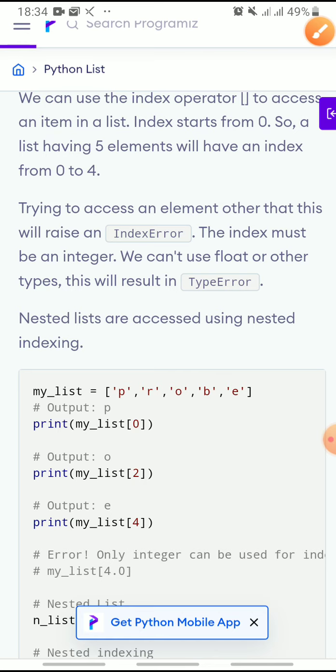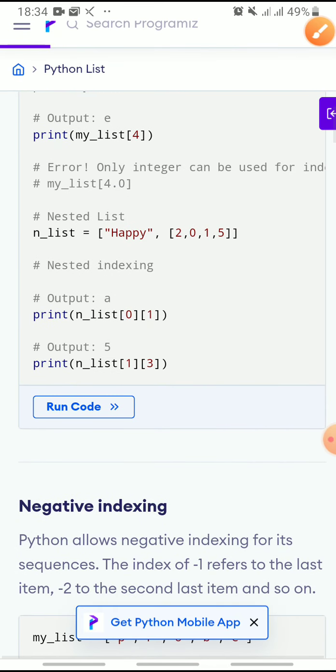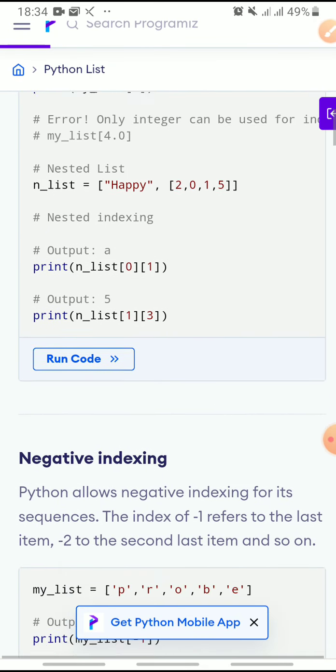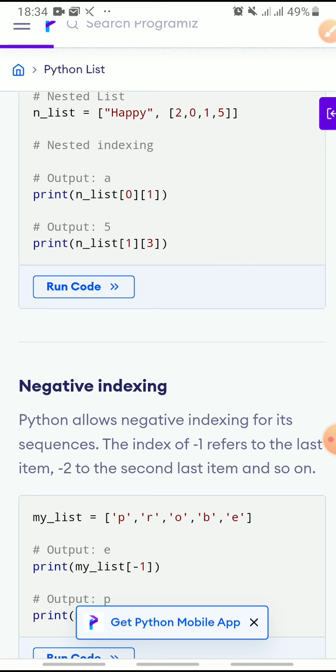Next, negative indexing. As we know, a list is an ordered sequence, whereas a string is also a sequence of characters. Similar to a string, which has negative indexing and positive indexing, a list has negative indexing and positive indexing.